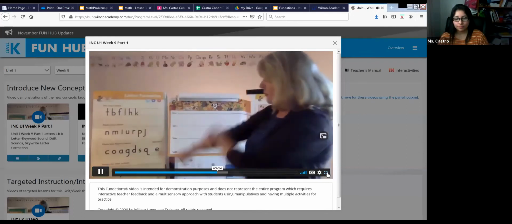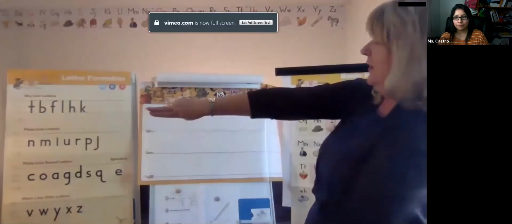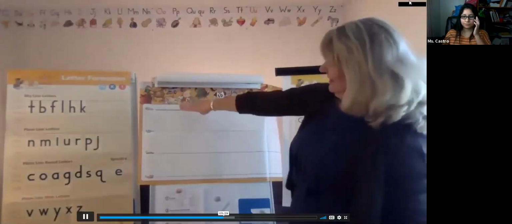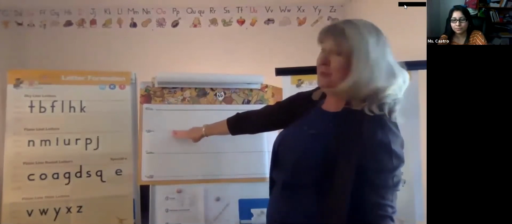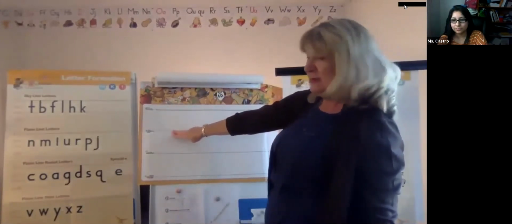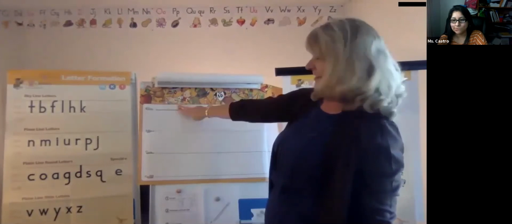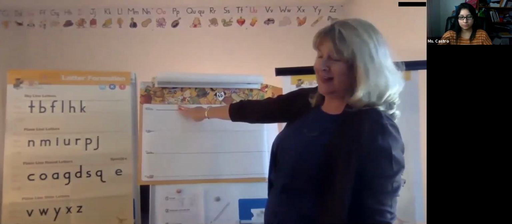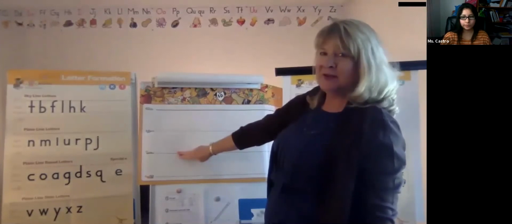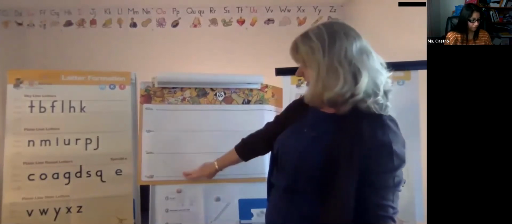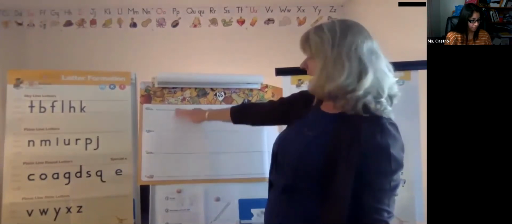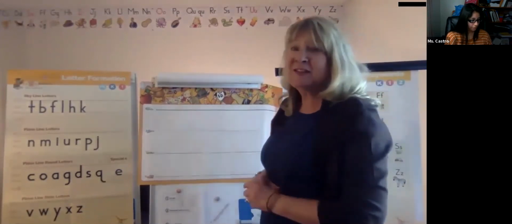Put your pointers out straight as a pencil, 2 fingers, and follow my directions. Point to the plane line. Point to the skyline. Point to the grass line. Point to the skyline. Point to the worm line. Point to the skyline. That's where we're going to start today, I think.